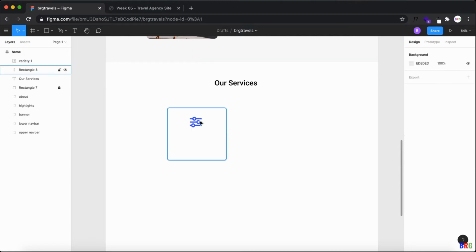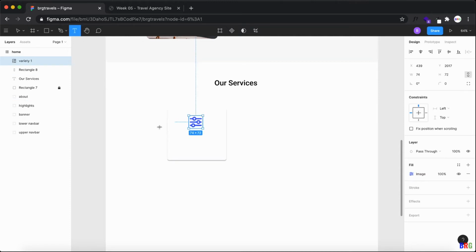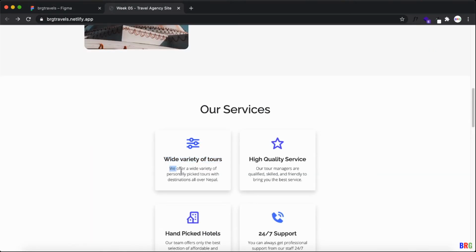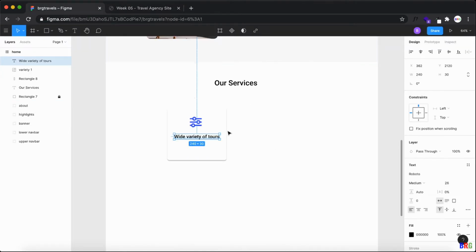Now I have to add text, wide variety of tools. Then 40, instead of 40, let me give 30. 30 is also bigger. Let's choose 26. And then other text like we offer wide variety of tools for that.